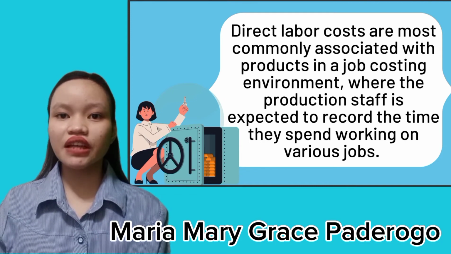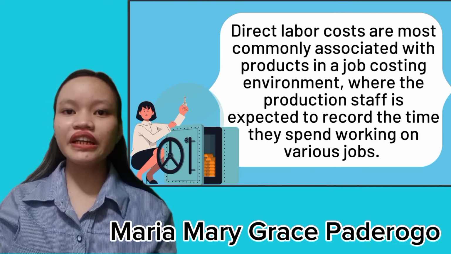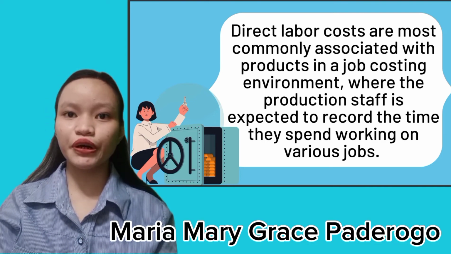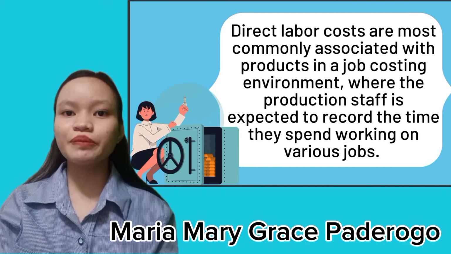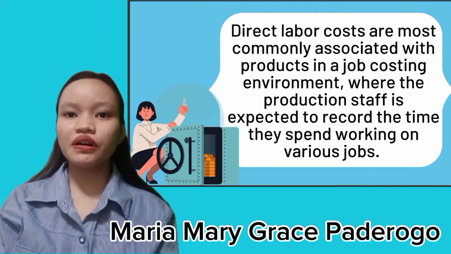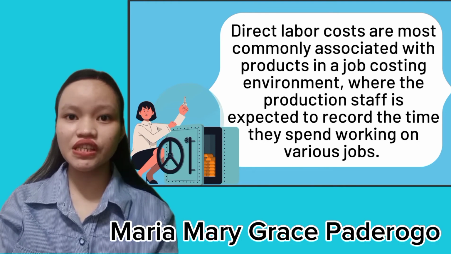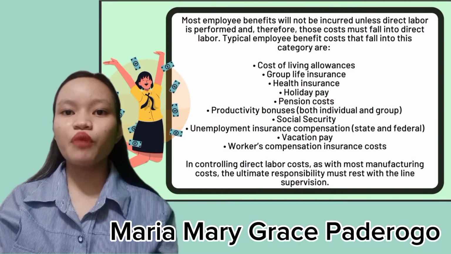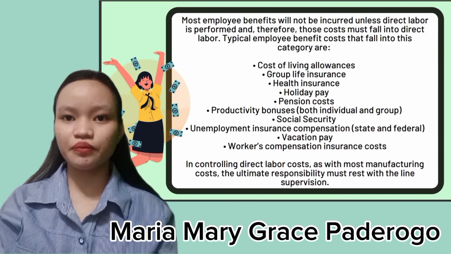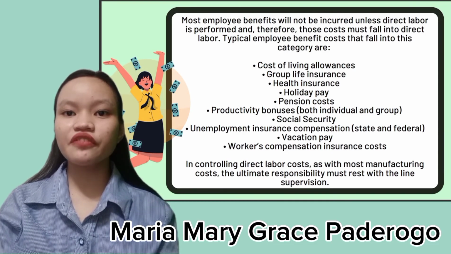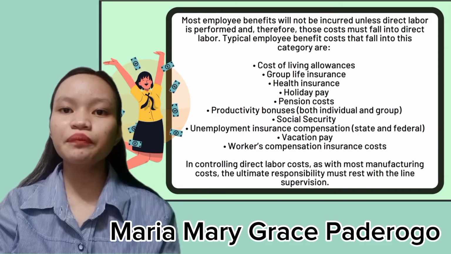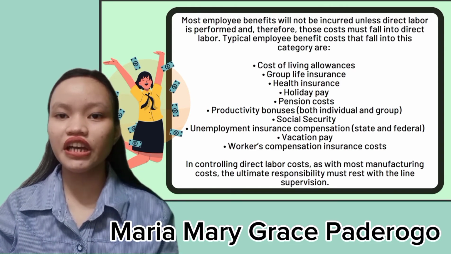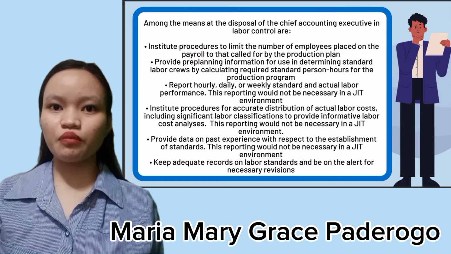Instead, direct labor hours tend to be incurred at the same steady rate, irrespective of production volume levels, and so should be considered part of the general overhead cost associated with a running production operation. The governing criterion in assigning a cost to either direct labor or overhead is that a labor cost component should be assigned to direct labor if the cost is incurred because the company uses direct labor to produce a service, product, or project. In other words, most employee benefits will not be incurred unless direct labor is performed, and therefore those costs must fall into direct labor. Typical employee benefit costs that fall into this category are: